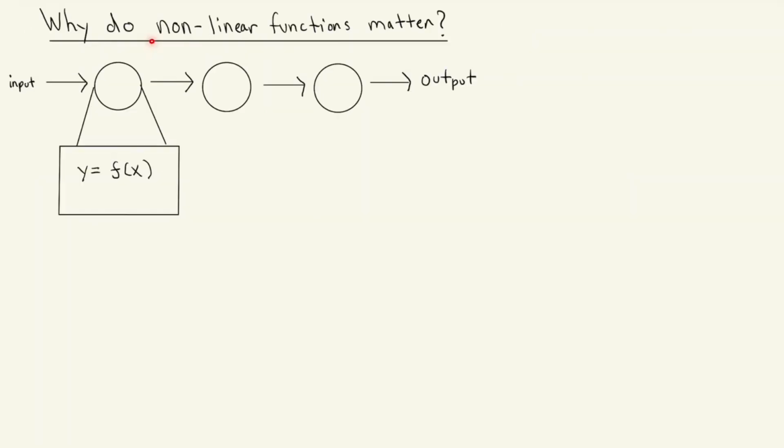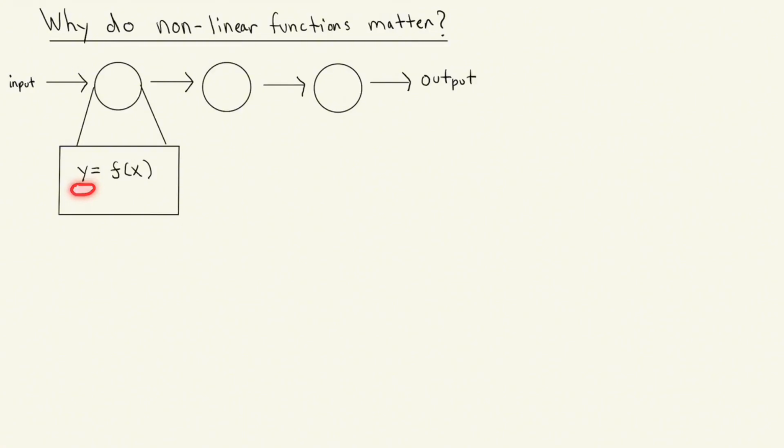The next question then becomes, why do nonlinear functions matter for AI? If you recall, like we briefly discussed, a neural network kind of looks something like this. So there's going to be some input, and for this very simple neural network example, there's just three neurons which are all connected to each other. This input is going to go into this neuron, and this neuron is going to have some function inside of it. In this case, that function is f of x. So this input is going to go here into this x,